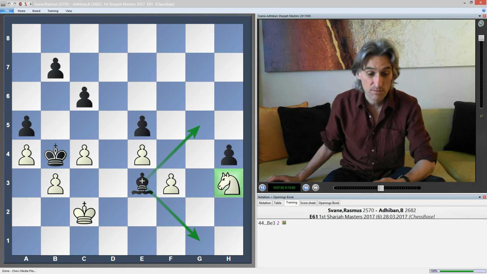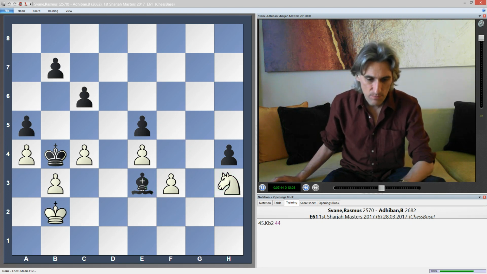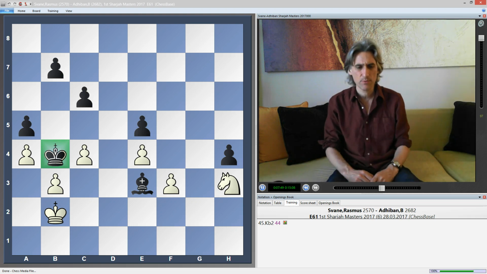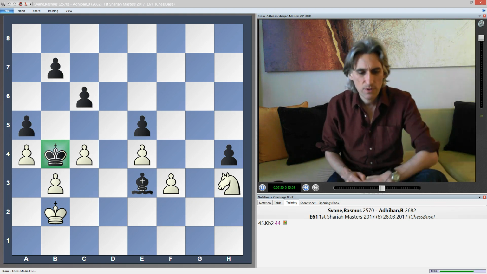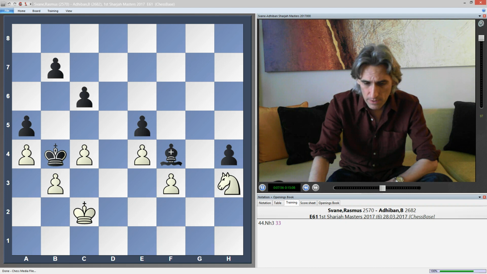So that means that white is running short of moves. He has to just move the king. But at the moment the king is blocked out. So how does black make progress here? Well, on the last turn, of course, it's possible for black to come in with king a3,